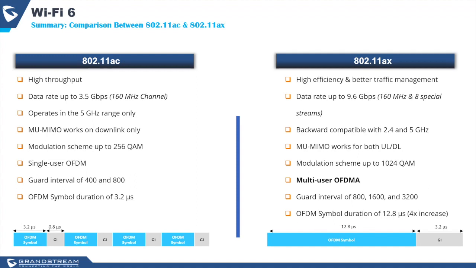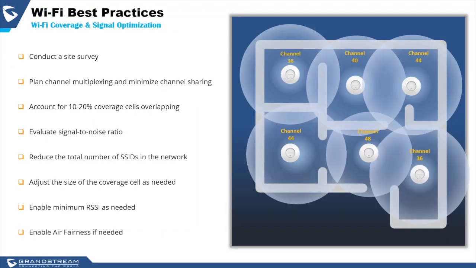That brings us to the last topic of today's webinar, which is about the best practices to improve Wi-Fi coverage and signal strength. This is a short list of things to consider when deploying GWN access points. Obviously, the first thing to do when planning and designing a wireless network is to conduct a comprehensive site survey, because it would allow you to determine the number of access points needed and figure out the placement of